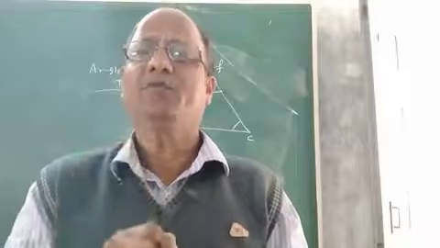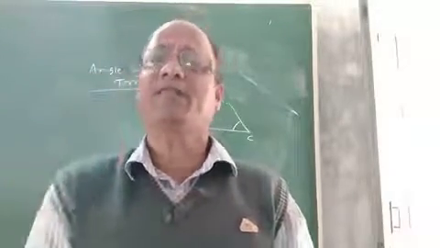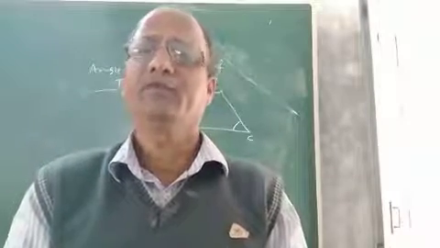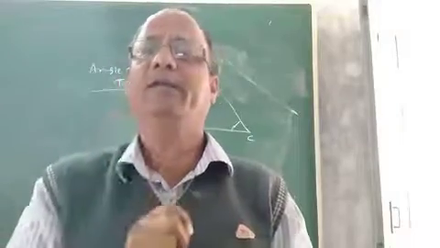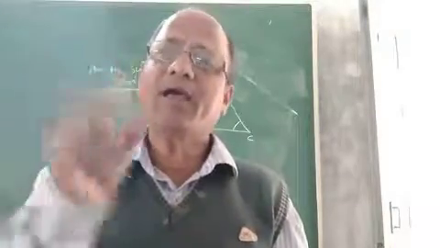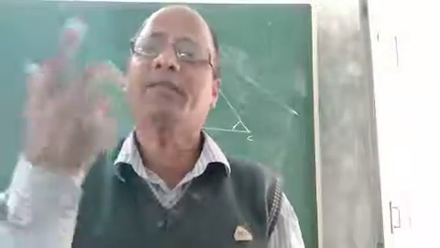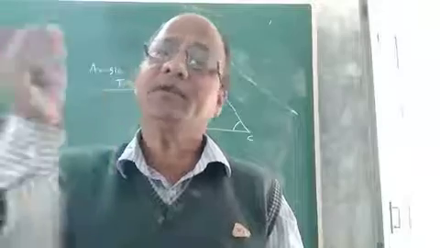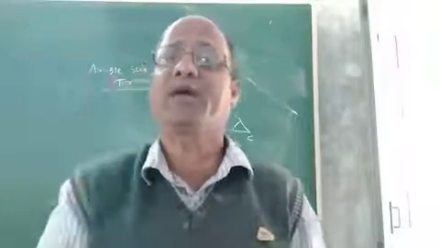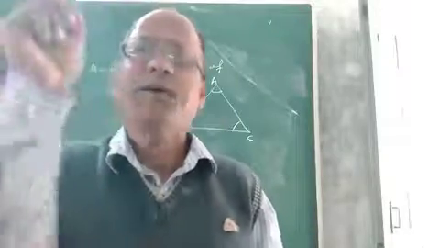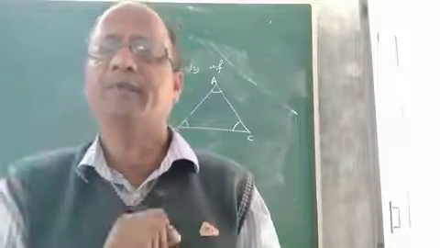But if I ask you how to prove that the sum of 3 interior angles of a triangle is 180 degree, do you know? In class 5, how had we proved it? If we go back to class 5 for a while, we were proving it using the experimental method. So what is that experimental method? That means if your teacher says, prove that the sum of 3 interior angles of a triangle is 180 degree, what will you do? First you will draw a triangle.